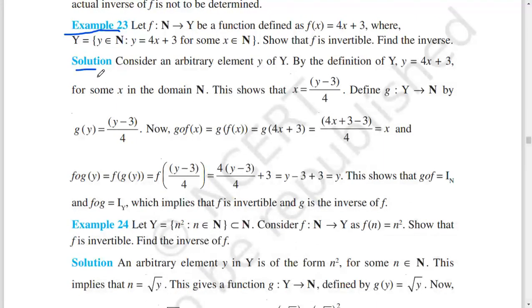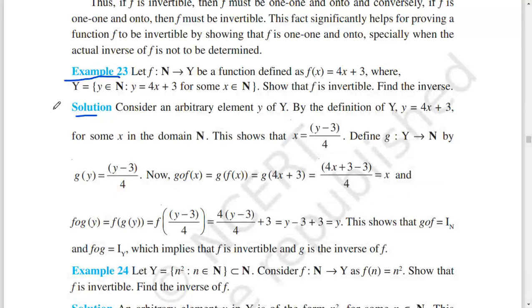Solution: Consider an arbitrary element y of Y. By the definition, y = 4x + 3 for some x in the domain N. This shows that x = (y − 3)/4. Define g: Y → N by g(y) = (y − 3)/4. Now g∘f(x) = g(f(x)) = g(4x + 3) = (4x + 3 − 3)/4